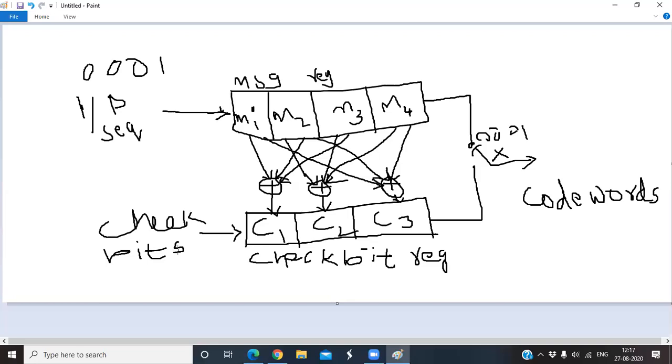Remember one thing. Actually, the design of this encoder is easy, but remember that the generator matrix, parity check matrix and parity bits are very, very important. Don't think that for each and every 7,4 Hamming code this is the encoder diagram. This is the encoder for one particular generator matrix. Whenever the generator matrix changes, automatically the check bits change, and automatically the code words also change. Is it okay? So finally, this is the input sequence. These are the check bits. In between we have modulo 2 adders.